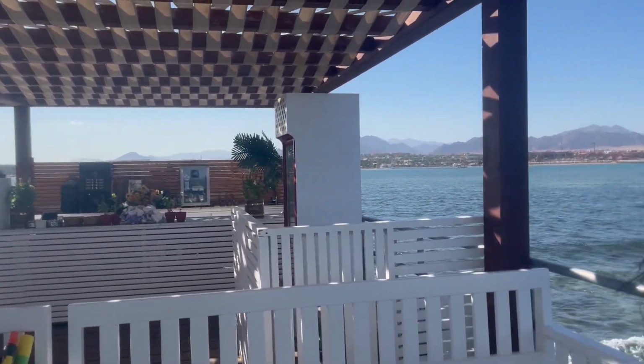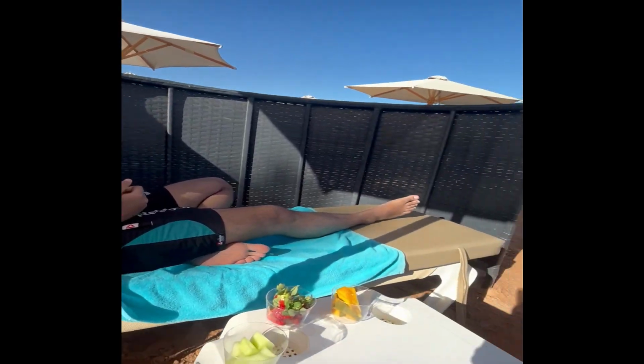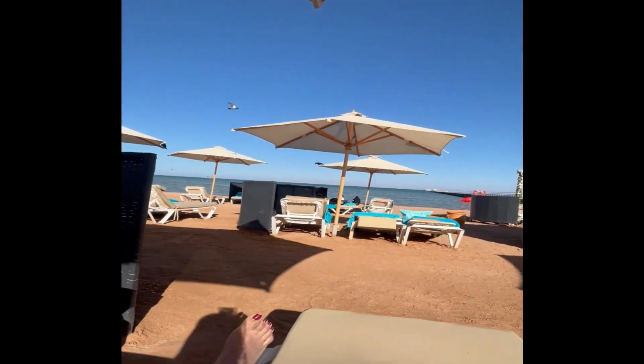After we were done with our snorkeling, we headed up to this deck area, enjoyed the water views, and this was really an amazing experience. And then we sat on the beach shack, had some fruits, and enjoyed our time. With this, our second day was also over, and we loved this place better than any other resort we have ever been to